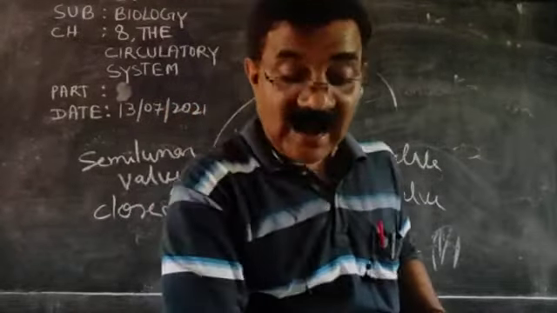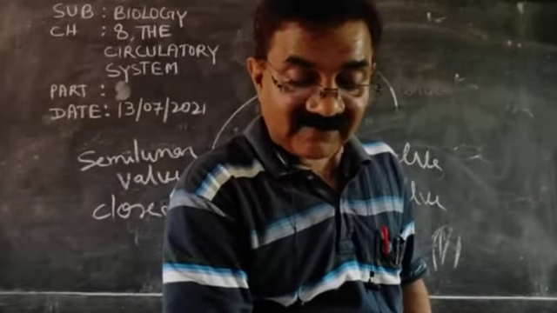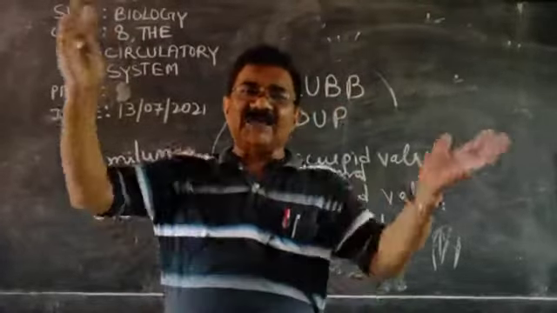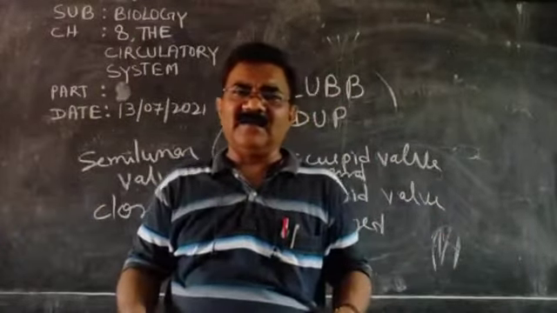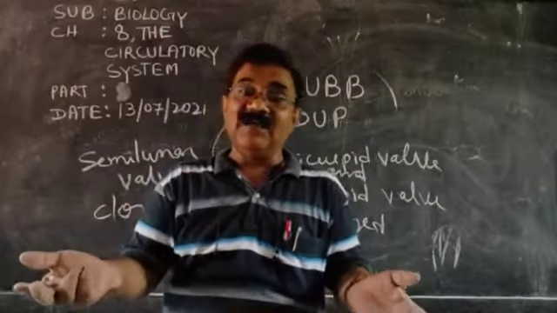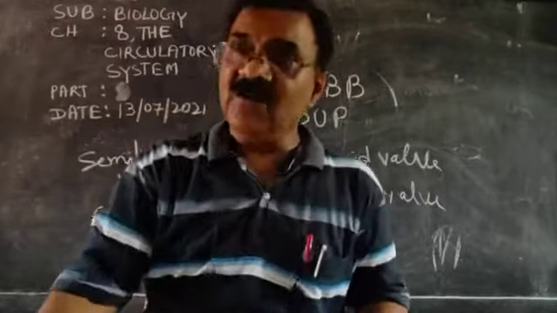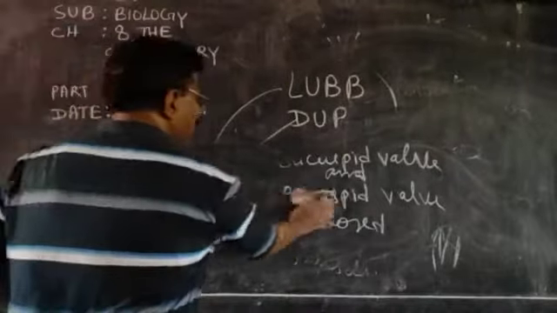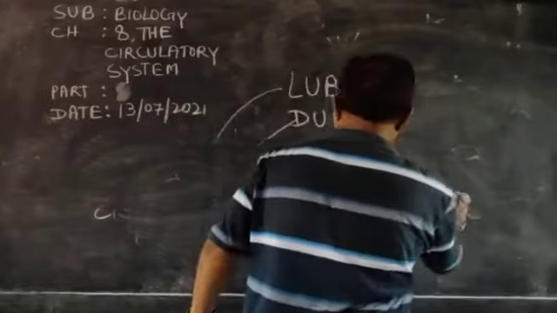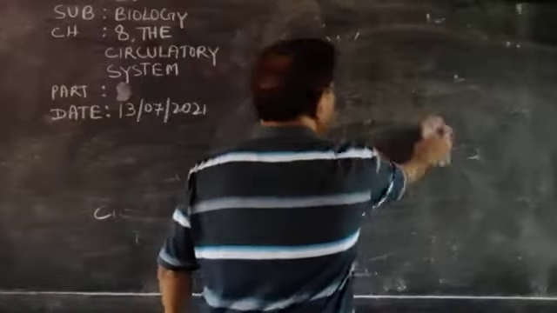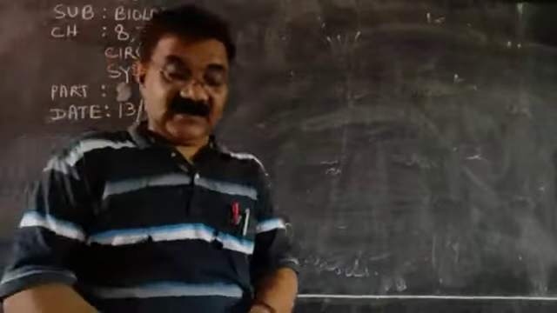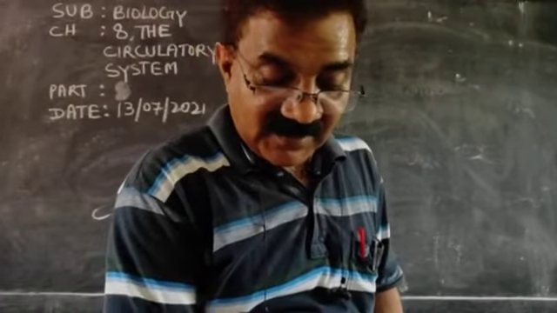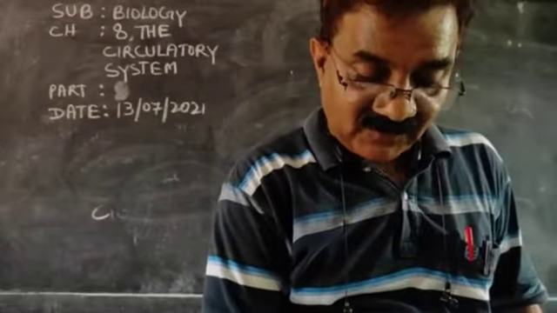Now, see, the heartbeat of a whale per minute is 15 times and an elephant 25 times. It means the larger the body, the lesser the heartbeat, and the smaller the body, the heartbeat will be more. Why? Give reason question. Okay, let us discuss the reason for this heartbeat, why it is faster in a smaller body and slower in a larger body. Two things are there. The smaller the body, it loses its body heat due to higher surface volume ratio.